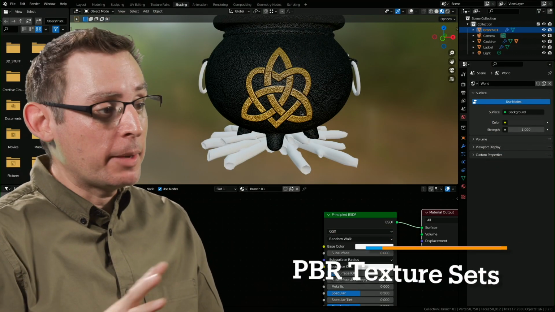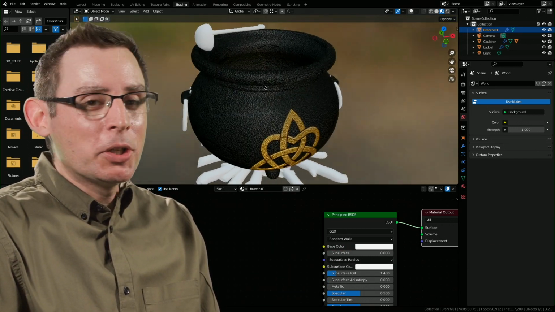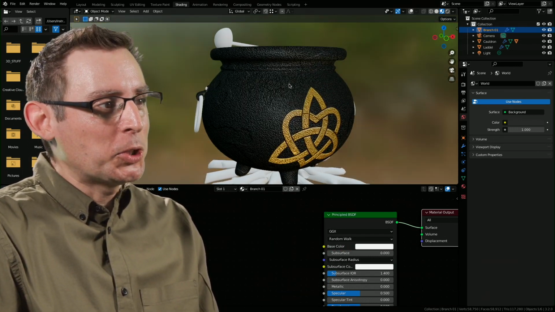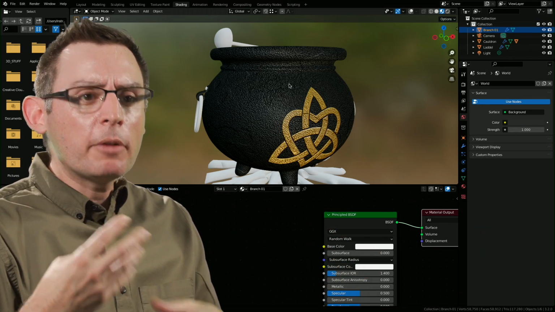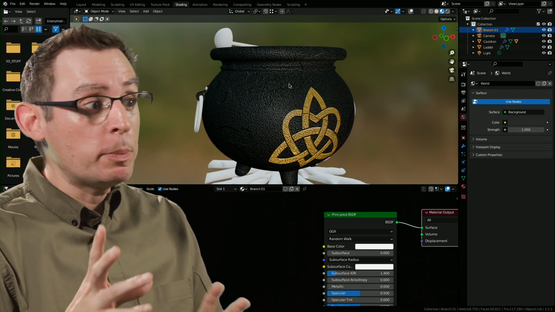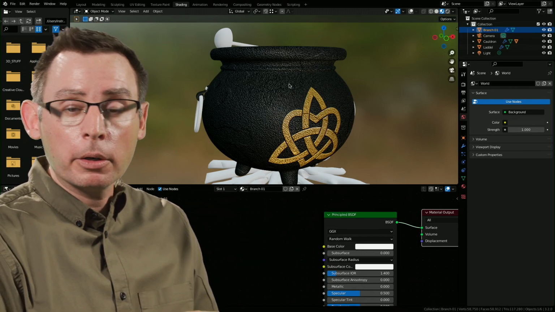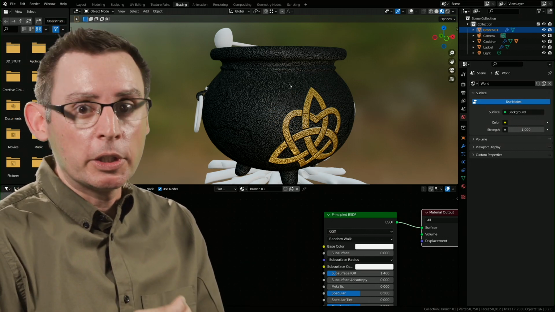I've been having a really great time using the procedural images to create the little wrought iron illusion that I've created for my little cauldron here, and I'm pretty happy with it. It looks really good, but it's not the only way for us to leverage the power of this physically based rendering workflow. We can and should be using images as part of our texture setup. It's a fantastic way to very quickly get very realistic results.